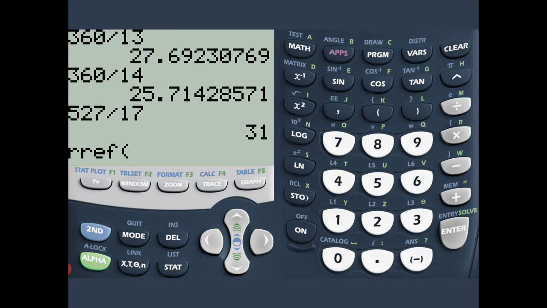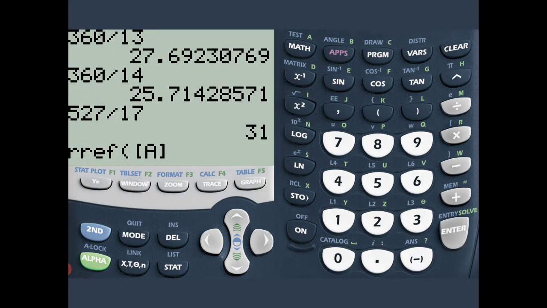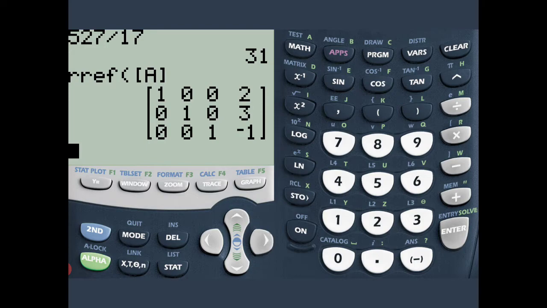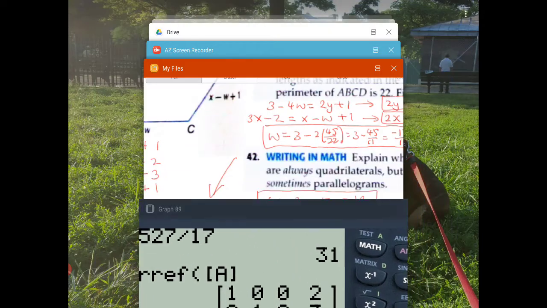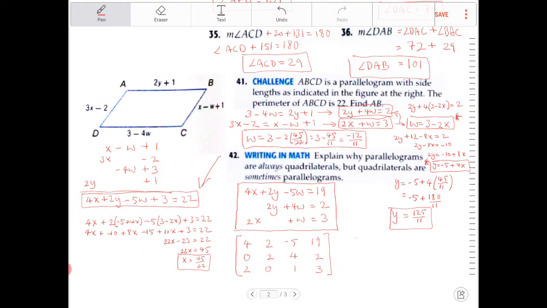Okay, echelon, I guess it's named after the guy who came up with this method. So we press second x -1. Under this column here, names, we're going to enter option number 1, and then press enter. And now that is the row reduced echelon form. It's 2, 3, and -1. And it looks like I did it incorrectly then, because the answer,